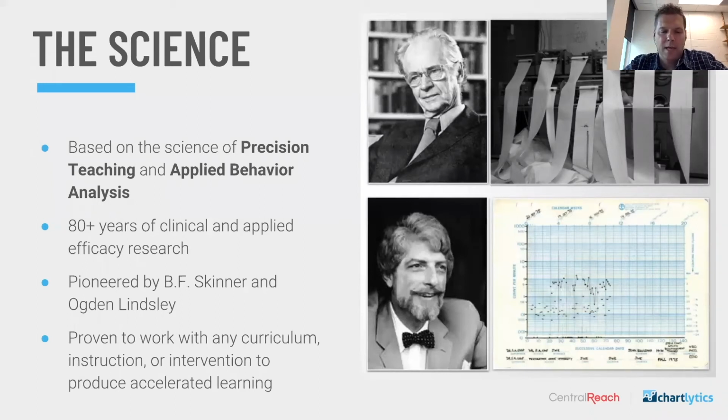Precision teaching is based off of very strong work that began with Skinner. So as you recall, B.F. Skinner started the science of behavior working with animals. He was in a lab, he had automated recording devices, and those automated recording devices took measures of the animals in different experimental conditions. And because he had a standard visual display, every single person, not just him himself, but himself and all the people that came after, were able to look at, well, when they applied experimental manipulations, what